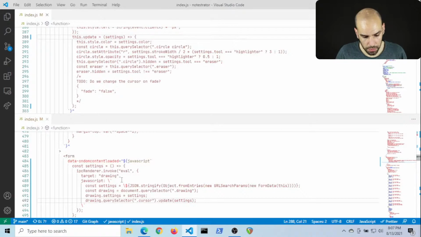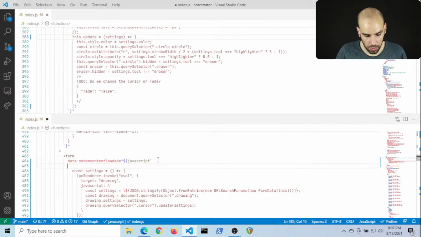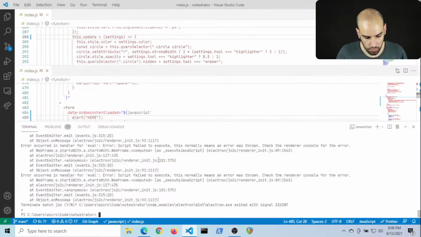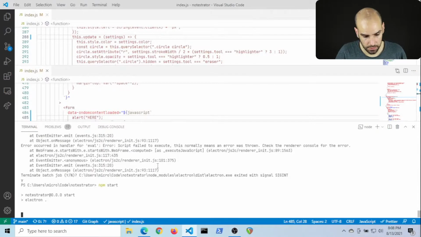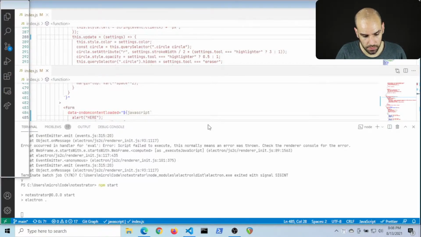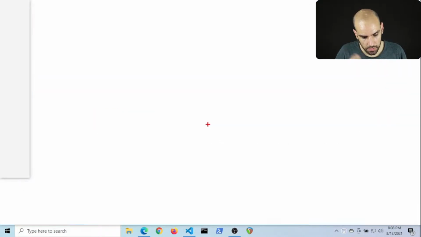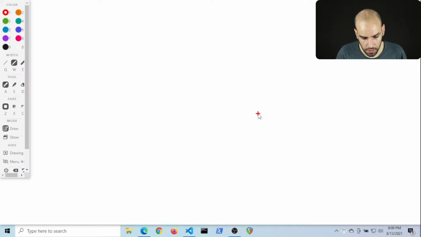Let's work through the process and see where this could be going wrong. So I'm going to start with the basics and alert from here. And I'm going to trace the process through. Okay, so that executes. I can draw and stuff.